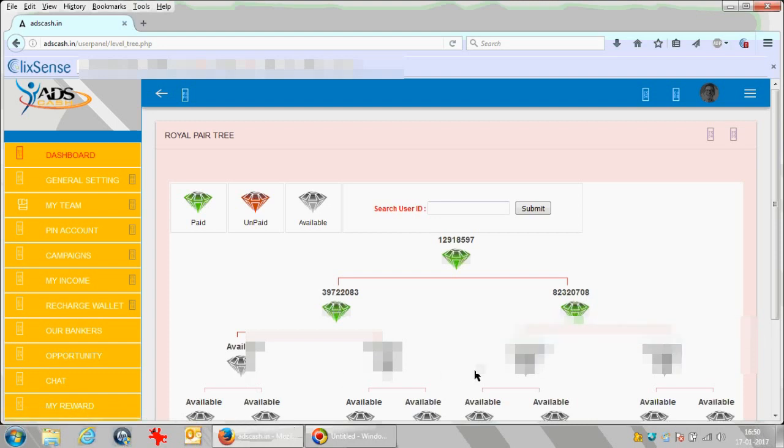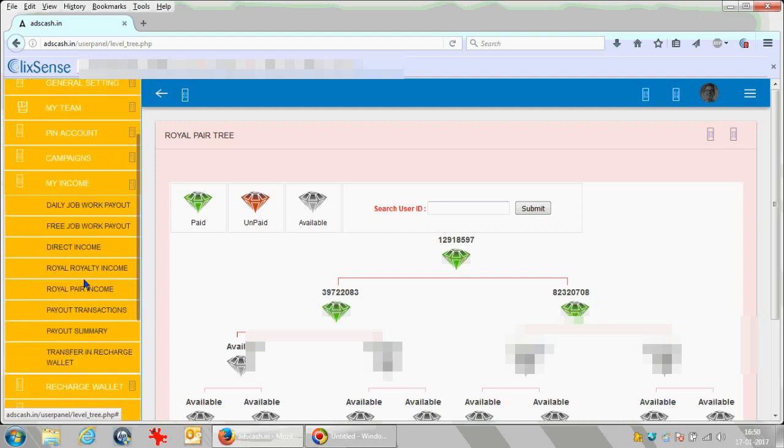So the lowest of both would be 13,000, and you would be paid 5% of that 13,000 as an incentive, sorry, 8% of the 13,000 as an incentive for you. Suppose there is no link available here and only one person has joined here, even in that case the lower would be 0 and you won't be getting any incentive for it.